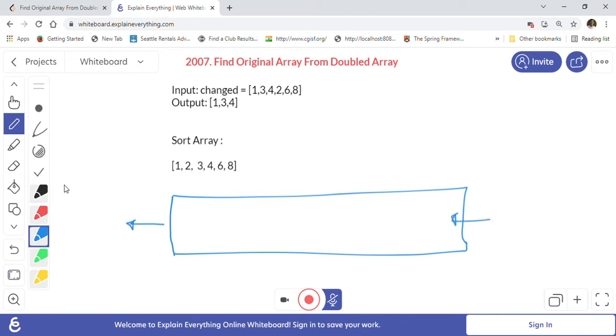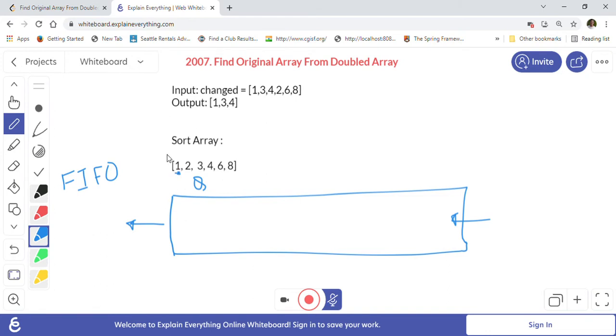Queue is always a first in first out data structure, so whatever goes in first will come out first. FIFO is the queue. So when the queue is empty, let's say we are looking at this first number.